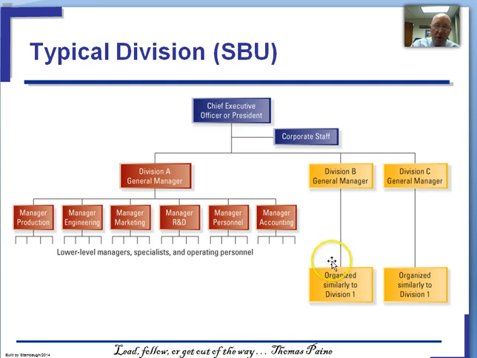So what the divisional form is really good at is engendering the right level of cross coordination because they're working at a lower level. This isn't the only marketing manager for the firm, and so it tends to work well for cross-level coordination. Also very important is this gentleman or lady also has profit and loss responsibility, so this system is good at pushing some of the accountability below the CEO level